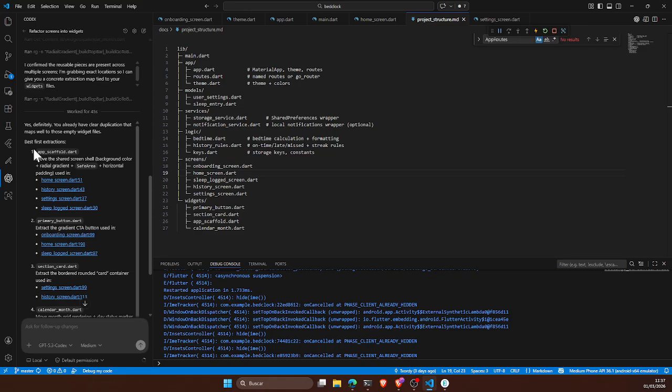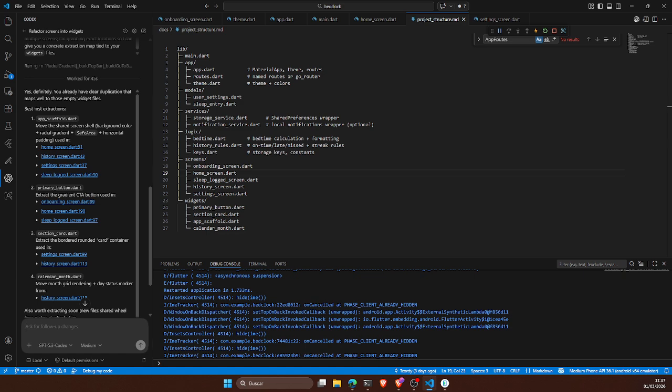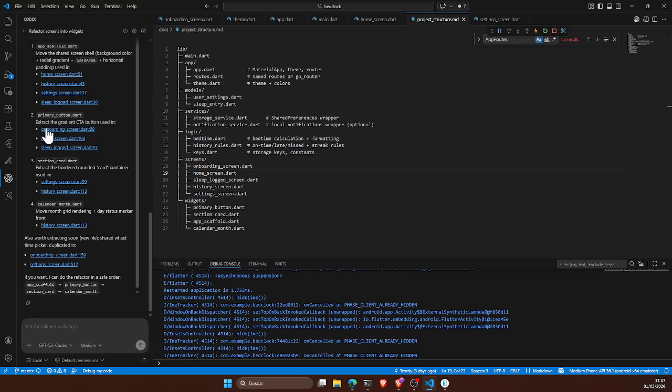So it has found the app scaffold, the screen shell, background color, radial gradient, safe area, horizontal padding used in blah blah, the primary button for sure, the section card, blah blah, and the calendar month. Perfect. Also worth